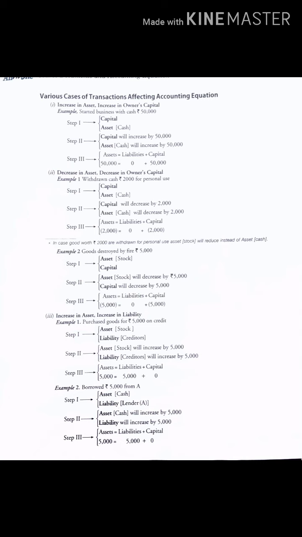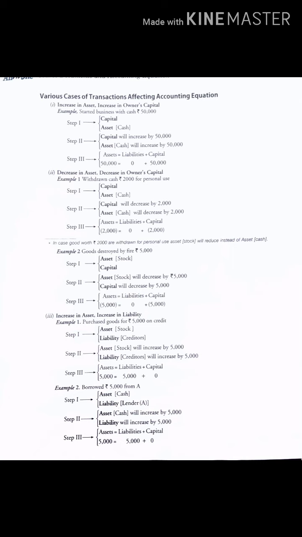So what is my asset currently? That means whatever I have in the business, that is 2000, right? Now 2000, so far liability 0, capital 2000, right? So that means 0 plus 2000 will give me 2000. Now here we will circle 2000. Why will we circle 2000? That means we will keep it in brackets. Circle doesn't mean we will draw a circle; circle means we will put 2000 in brackets.